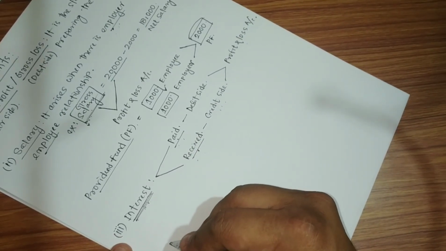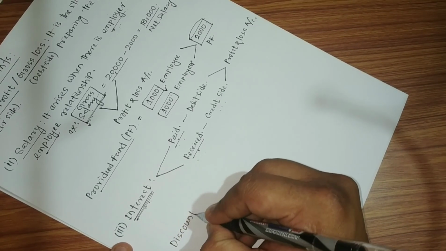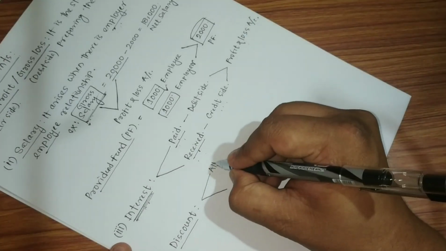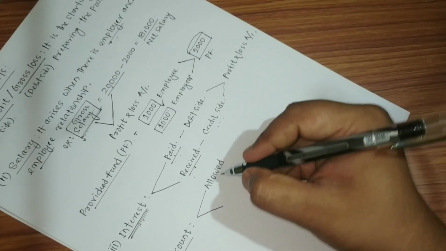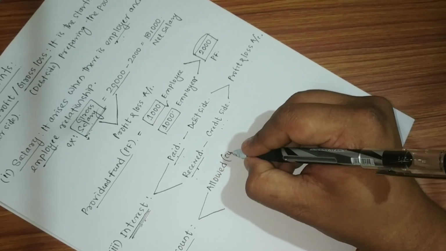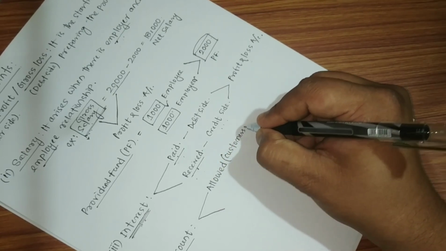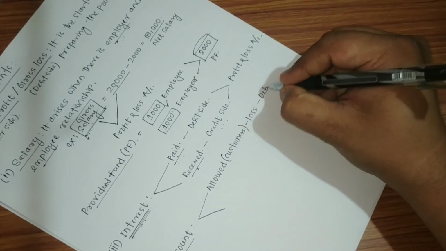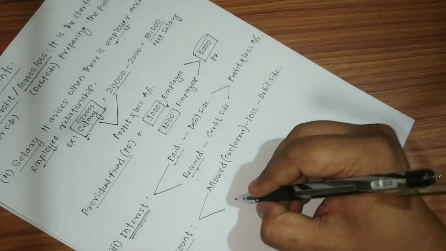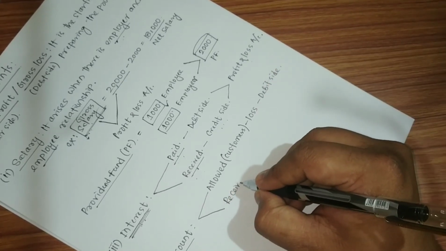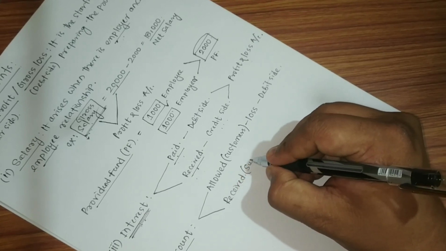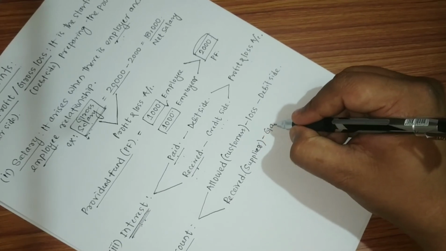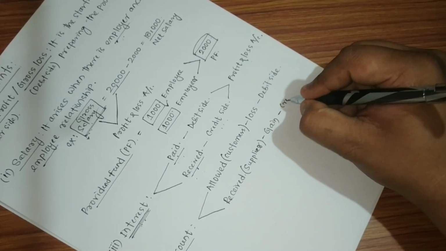Similar provision like interest, next account is discount. Discount also follows the same pattern. One is discount allowed, which we are giving to our customer. It is a loss for us, and accordingly discount allowed will be recorded on the debit side. However, discount received, that means we are getting the discount from the supplier. It is a gain for us, and the gain will be recorded on the credit side.